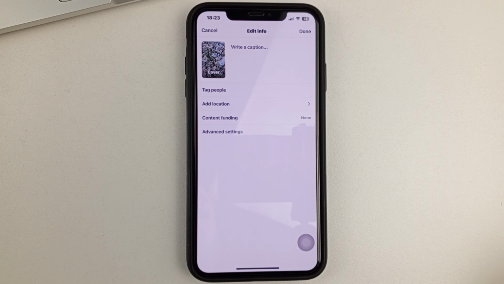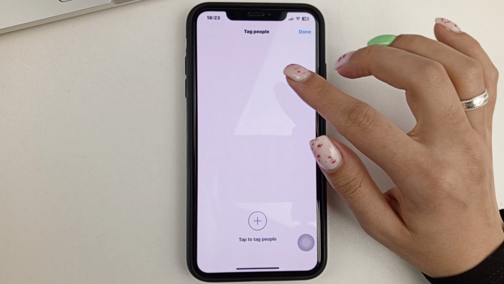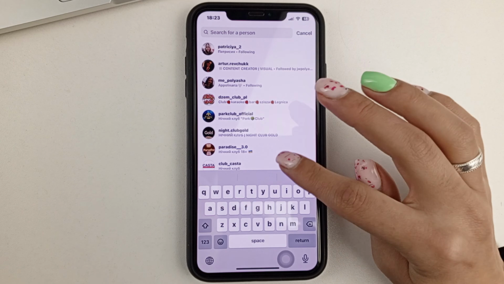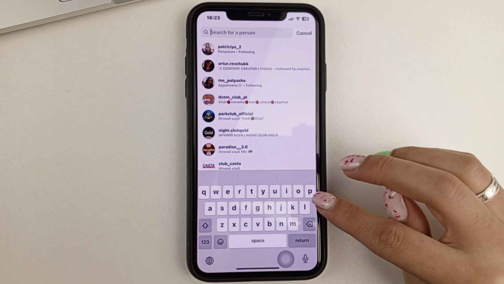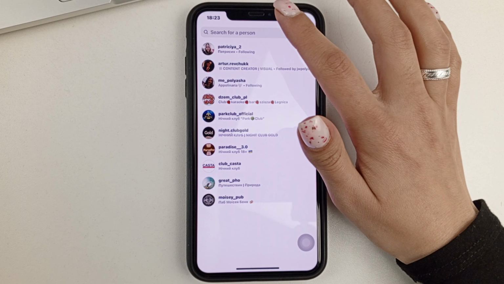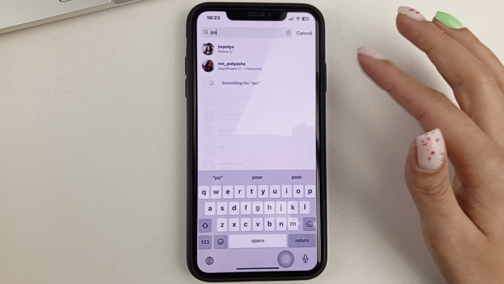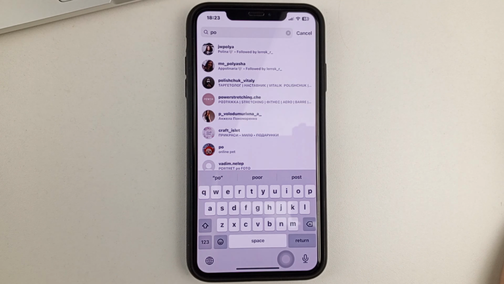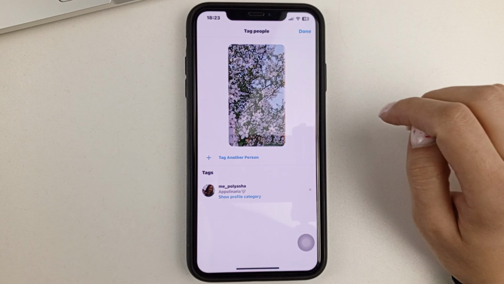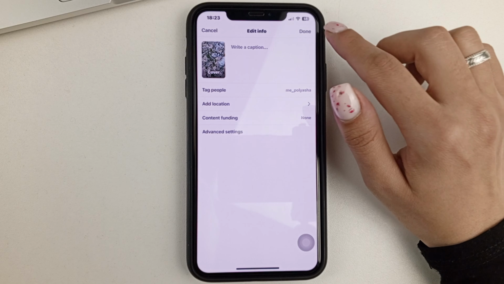But if it is not very important for you, and you just need a person to be marked there, then you can choose to mark a person. Then you click on the plus, and here you choose the person you want to mark, either from the list of people you have, or just thanks to the search box, you enter the name of the person. And then you select them, and then you click Done, and then you click Done again.